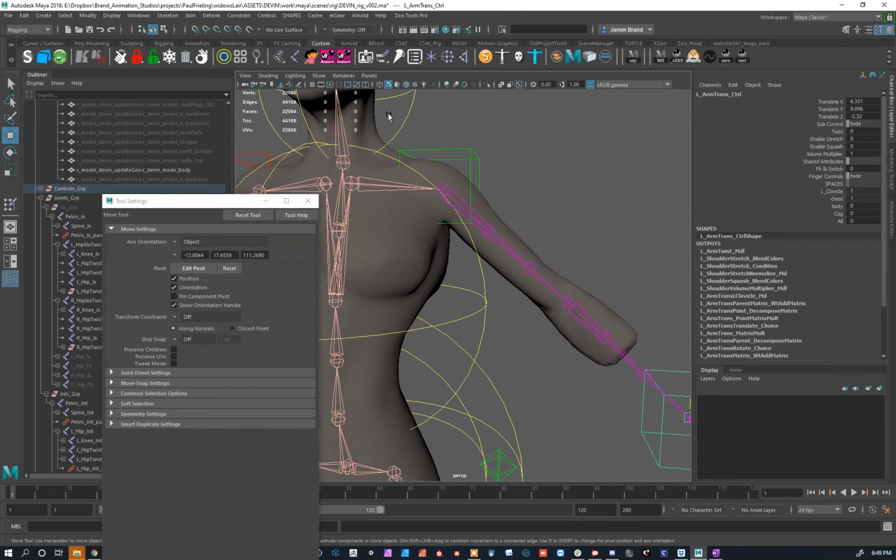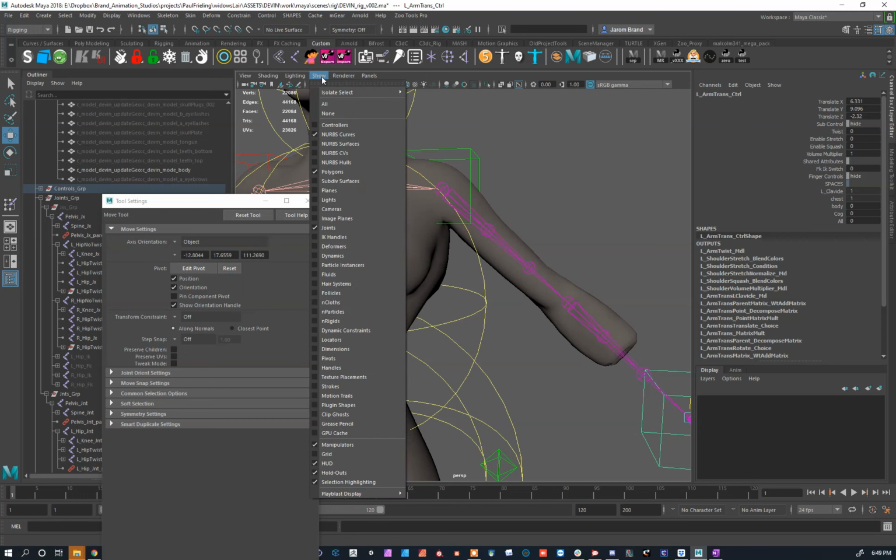Oh, that's one thing I forgot until I just did it. For those of you who don't know, if you click on Show and you hold down Control, when you go through here, you can click, and it won't disappear each time. Otherwise, if you don't hold down Control, it disappears. So anyway,